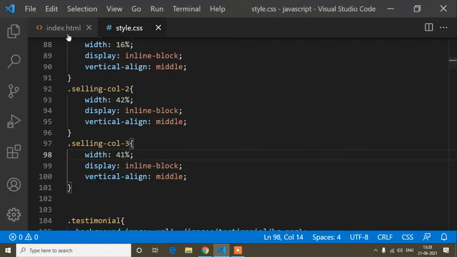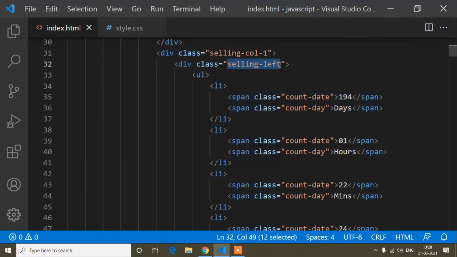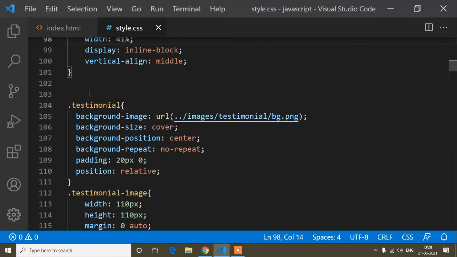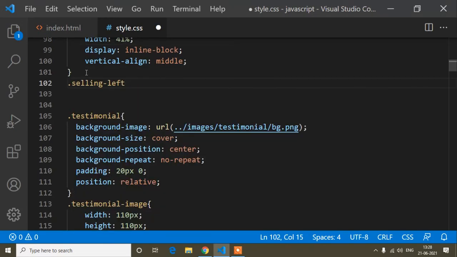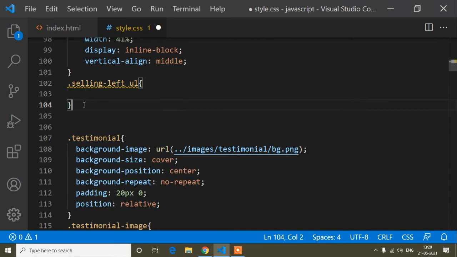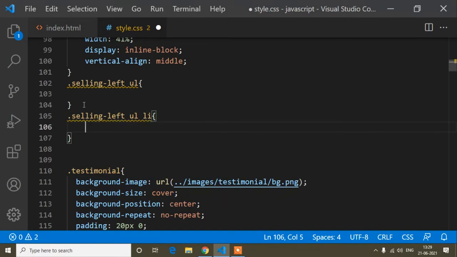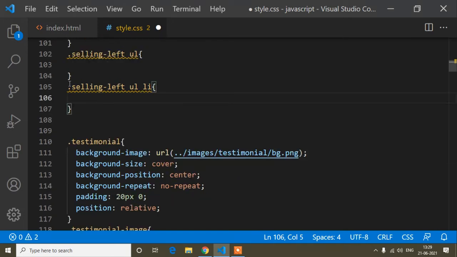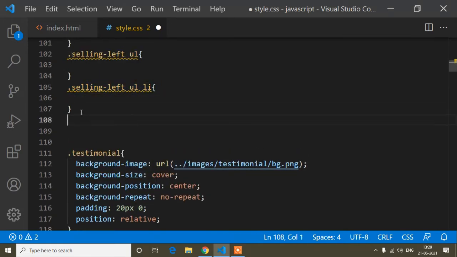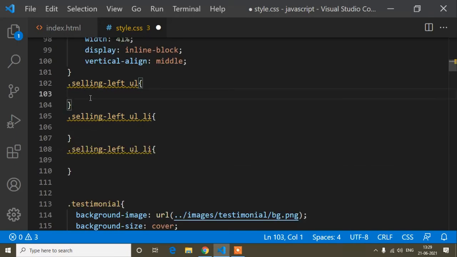I mean, if I show the HTML, so this one I will write the CSS. So this parent is selling late, so I will copy this, and just here I will paste it, and UL, because you can see this is the parent, after that UL, then li, then span tag, this one and this one. So now here first of all I will write UL, then UL li, and after that, just here I will write, that is, copy this one, and now inside this li tag. So first of all I will write the CSS for UL, then I will do it later.